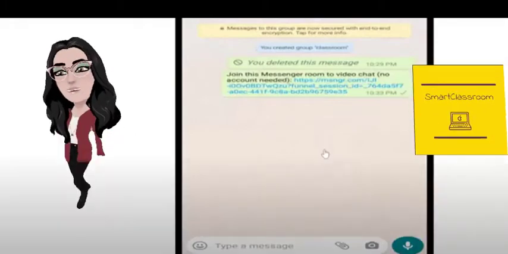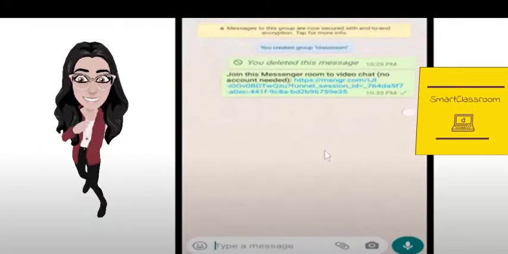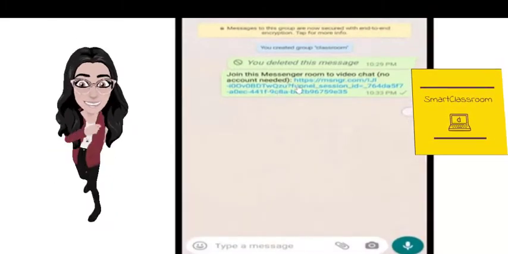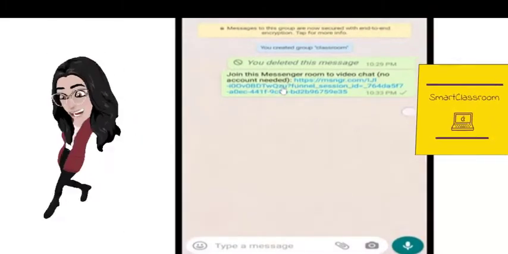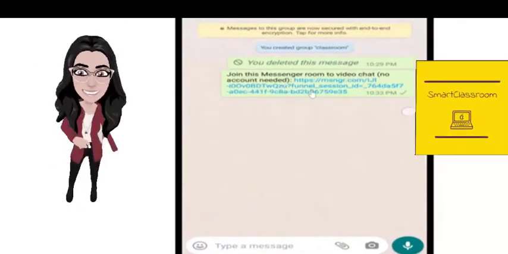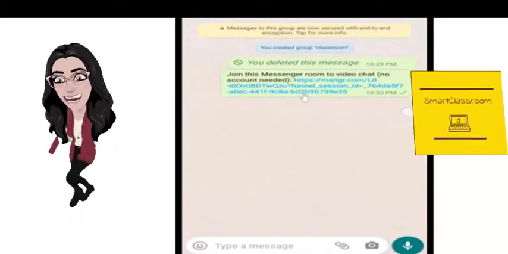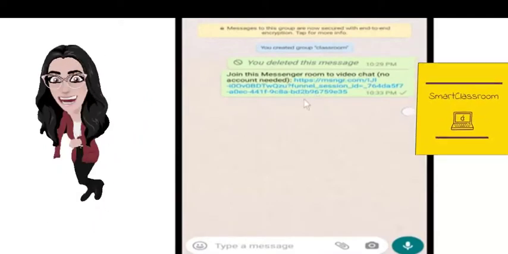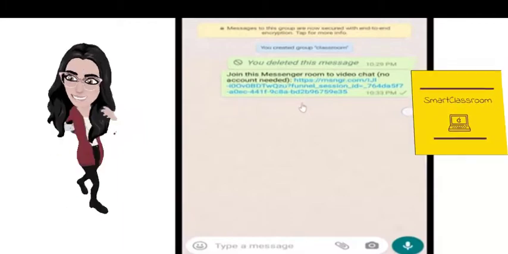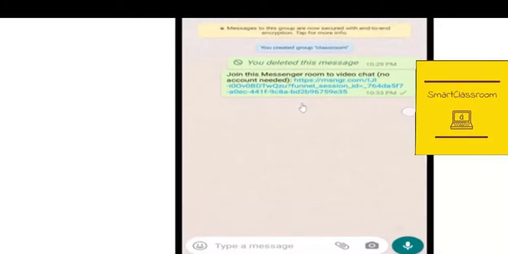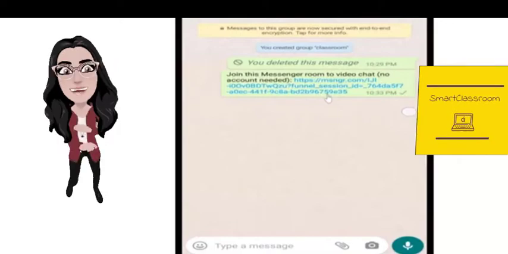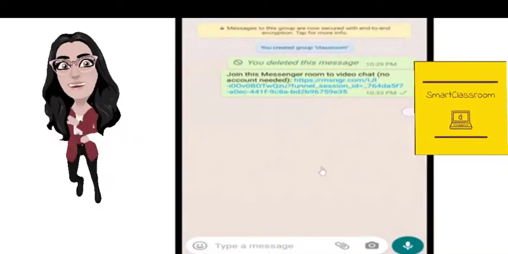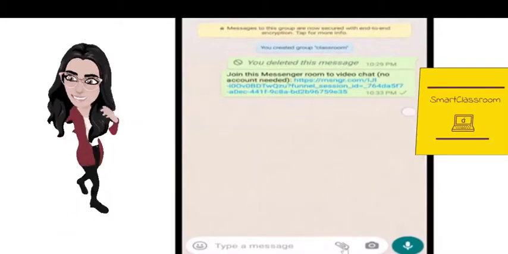The speciality of this link is that those students who do not have an account on Messenger or Facebook can also enter the room by using this link which their teacher has created for the classroom. So this is a very special feature for those students who are not active on Messenger or Facebook. They can easily join video chat rooms by using the WhatsApp room feature, which comes from this pin option or click option.